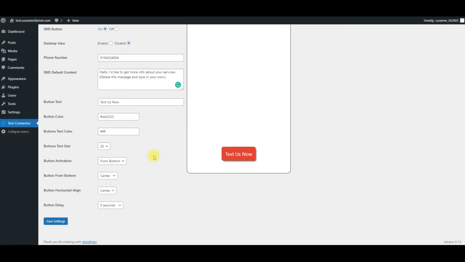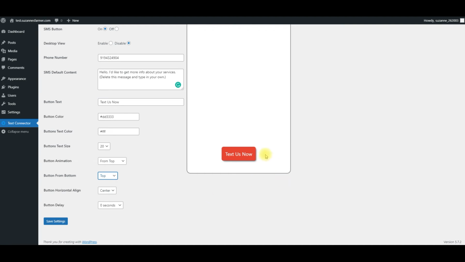All right, you can also change the button color, the text color, the size of the button, and then you can change how the button comes in. So you can do it from any of the 4 different directions. Let's do something fun. Let's do from the top.